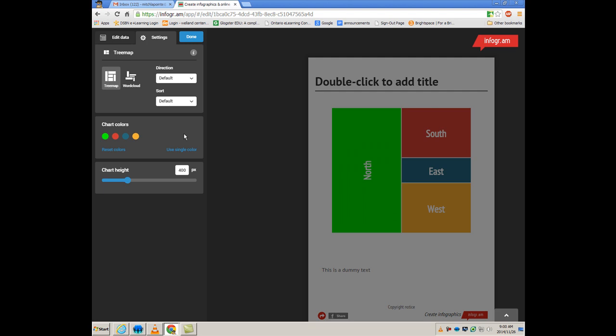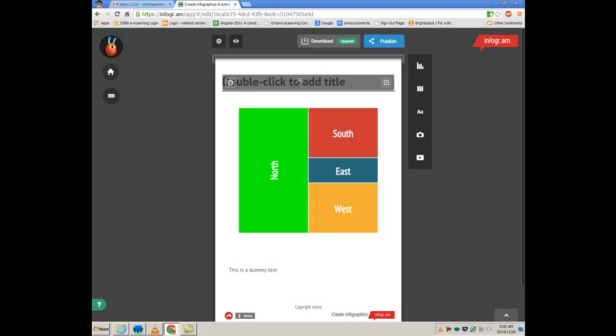And then if I click off, it's been assigned to that. And you can mess with the height here as well. So pretty user-friendly, I'm finding. And then you can hit done, and then I'm going to double click to add a title,